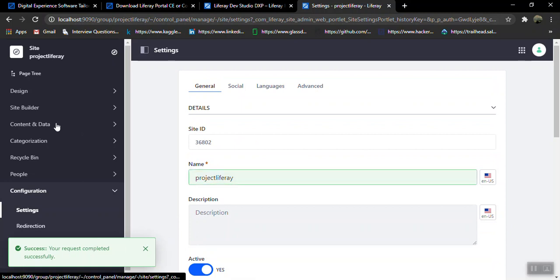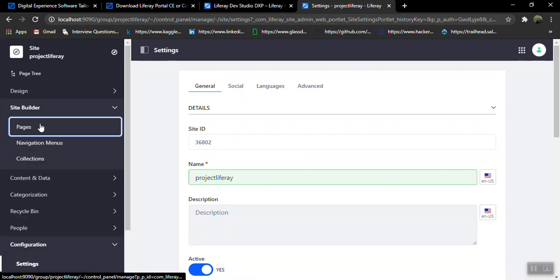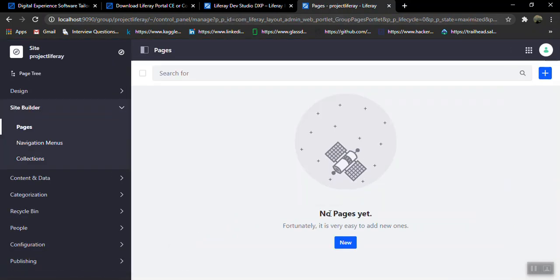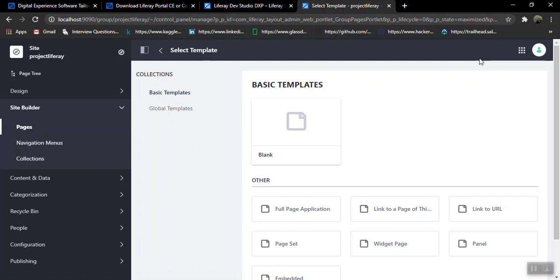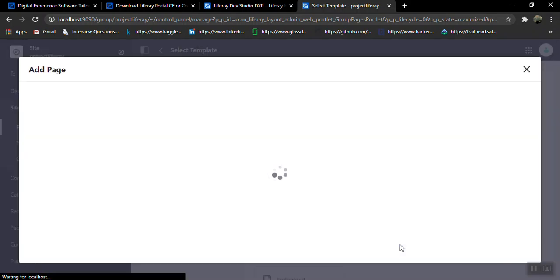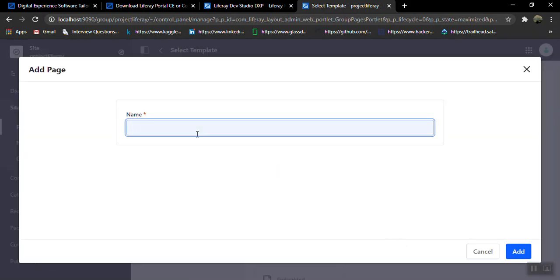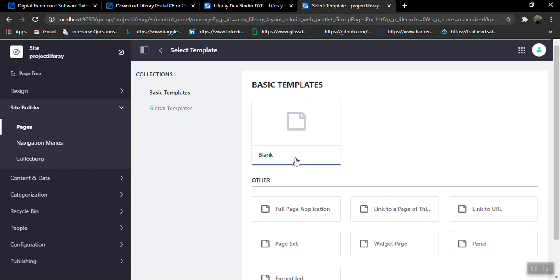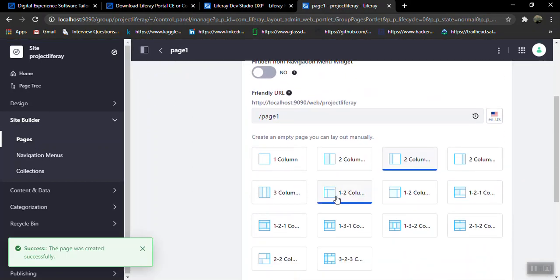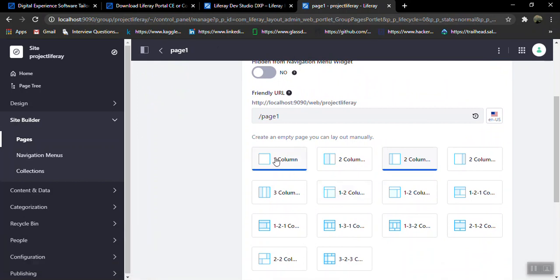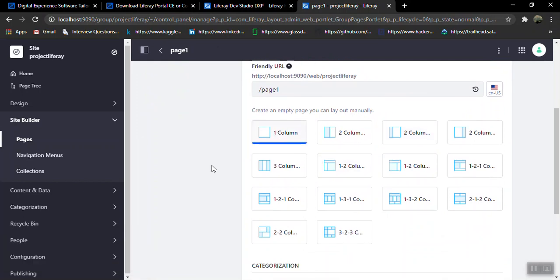Now I'll start preparing my pages. I don't have any pages in this project yet. I'll create one public page. I'll take a widget page and name it page 1. Add it. As I told you, this is fully based on layouts, so I'll take a one column layout.